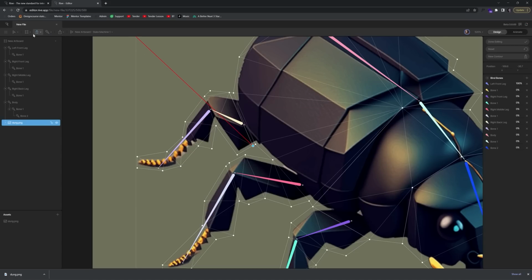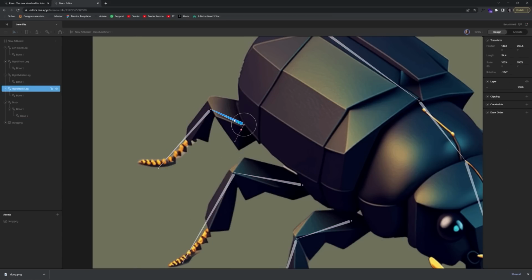So now we can hit escape, our select tool. And this one here, and this one, we will associate with this bone right there, which is right back leg. This would be 100%. All right, so now if I come back out,